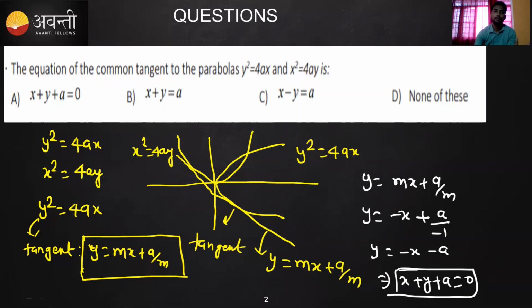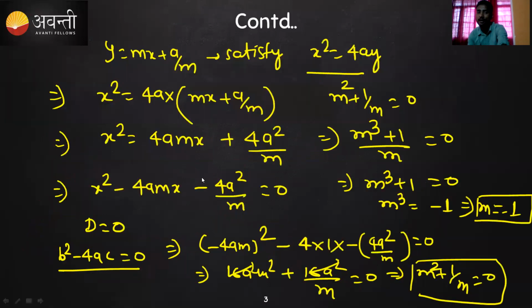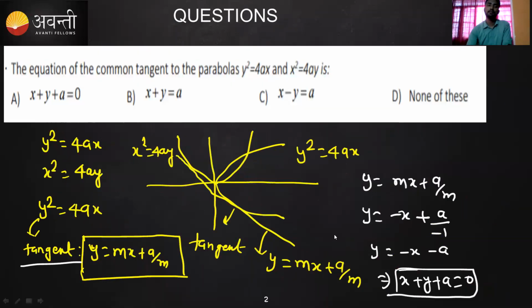What we have done is simply written both the equations and both the graphs. We have drawn this common tangent. We know the slope form of the tangent. We have written this. If it is a common tangent, then it will satisfy both the parabolas. Then we got a quadratic equation. And I know that in the other curve too, it is meeting at only one point. At one point means the discriminant value will be 0. Then we will find this m value, and the m value is nothing but minus 1.